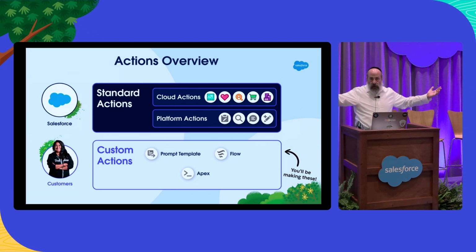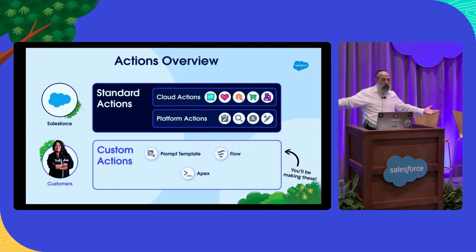and you can do that in one of various ways. First, you can perhaps create a summarization. A great way to do that might be using a prompt template, and we're going to see an example of that in the demo. Alternatively, you may want to update some data, fields, or records inside of Salesforce. For that, you may choose to use flows. We have a demo for that if we have time. Or you can leverage invocable actions using Apex. Either one gives you a little more flexibility in terms of doing updates or more advanced types of interactions.